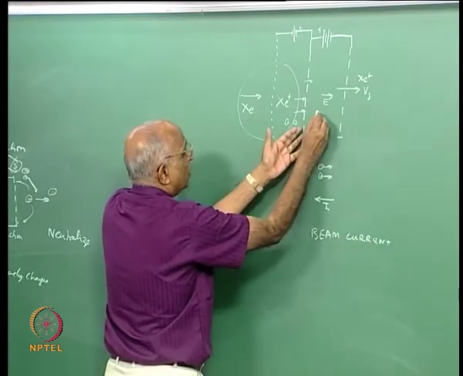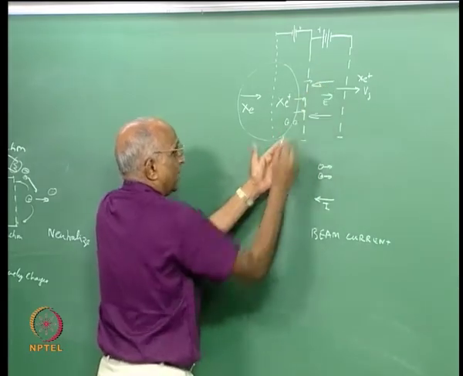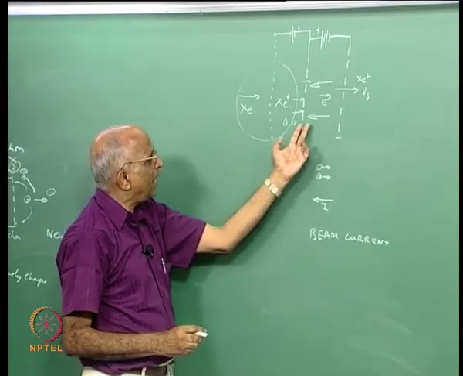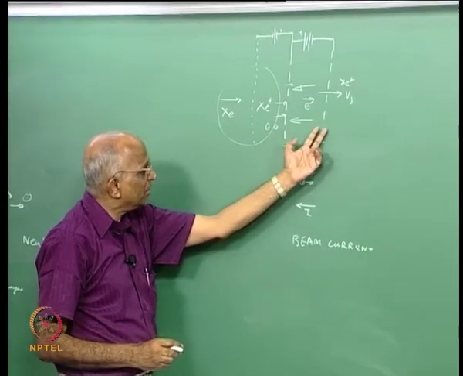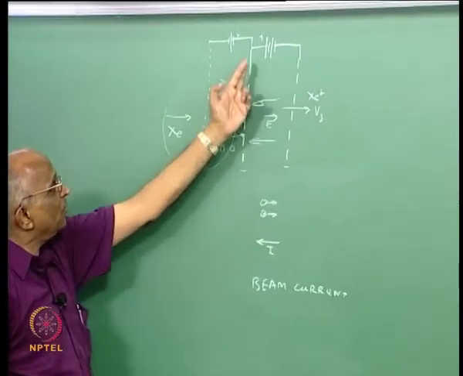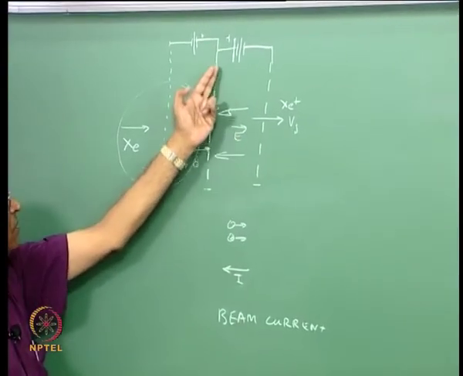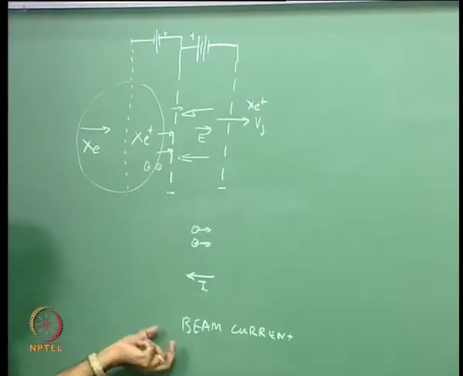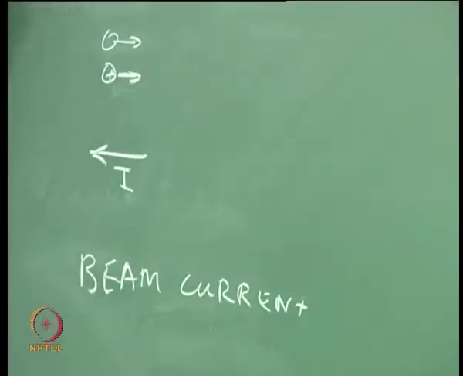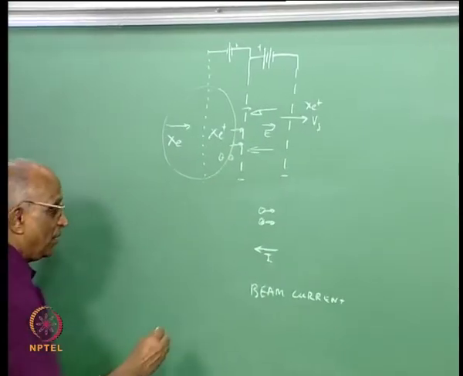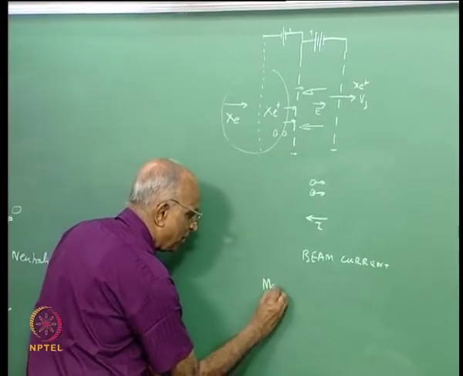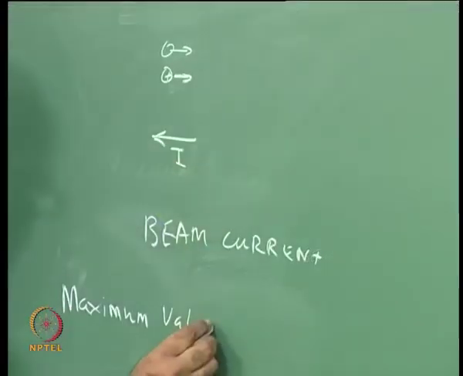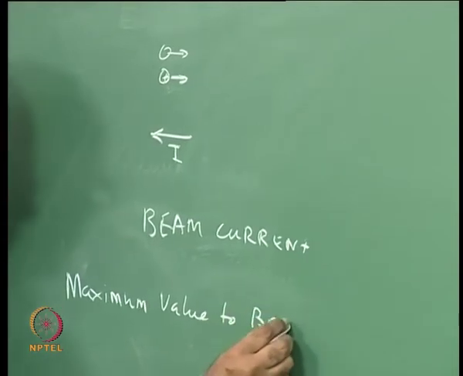As the positive charges are moving, I have a beam current in this particular direction, and what will this beam current do? Between the acceleration grid and this extractor grid, even though this is negative, this beam current will reduce the effective voltage with which it is getting attracted. Maybe for a critical value of beam current, no more extraction is possible and the thruster will fail. That means there is a maximum value to the beam current,